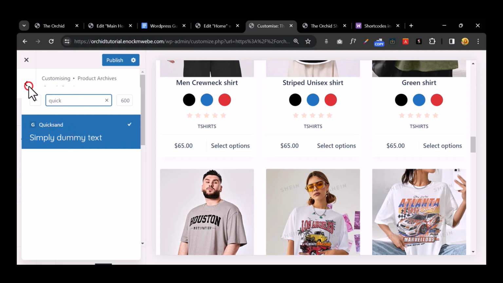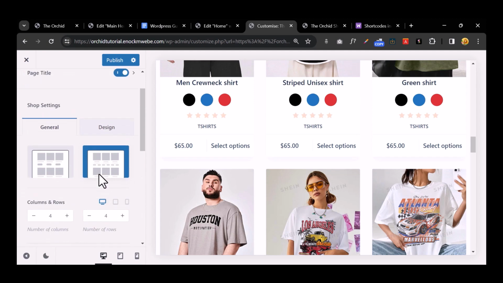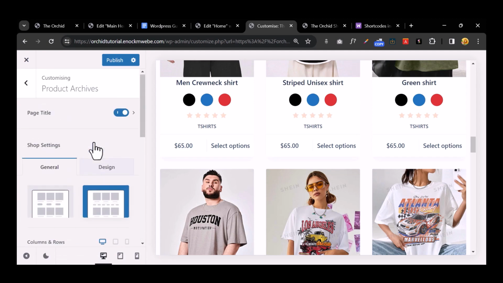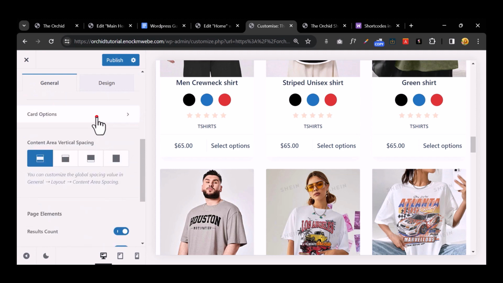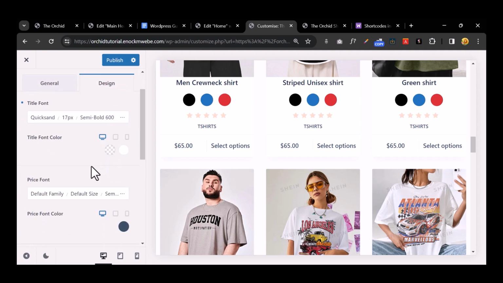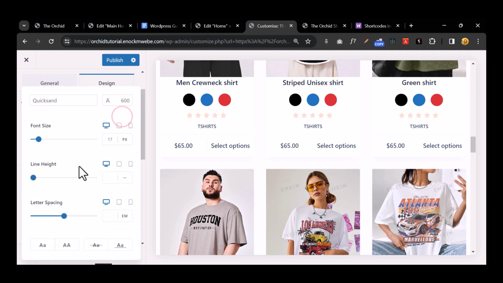Okay, it's actually Quicksand, but oh no, where am I? Product archives, card options, design, the product title font. Okay, maybe the font size should increase or decrease,